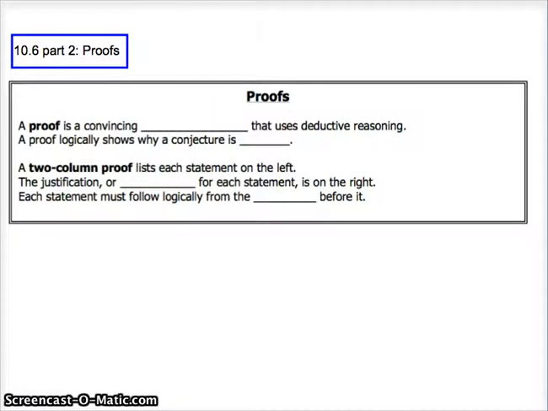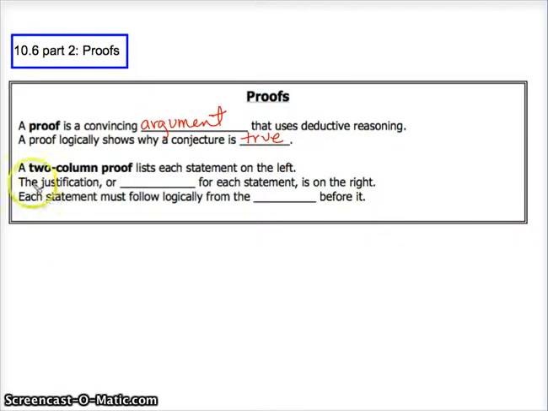This is a continuation of 10.6, and earlier on in this lesson we talked about some general properties and ideas about justifying your steps, and today we're really going to formalize it and talk about proofs. So a proof is a convincing argument that uses deductive reasoning, and a proof logically shows why a conjecture is true. Okay, so the big idea here is that we're trying to use a convincing argument to show that a